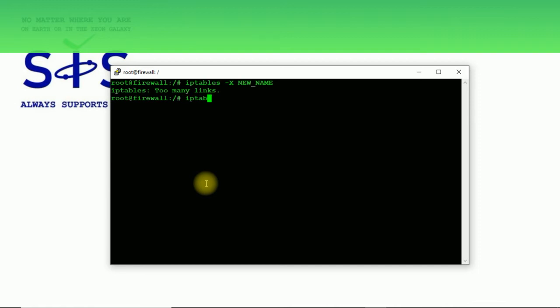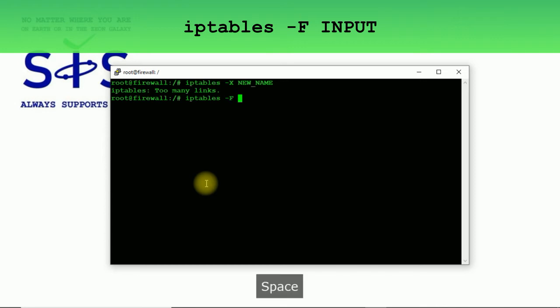So first we need to delete our rule from the input chain. We can do that in many ways, because we can, for example, type iptables -F and next input, just to flush all rules from the input chain. We've got there only one rule, so we can use this option. After hitting enter,